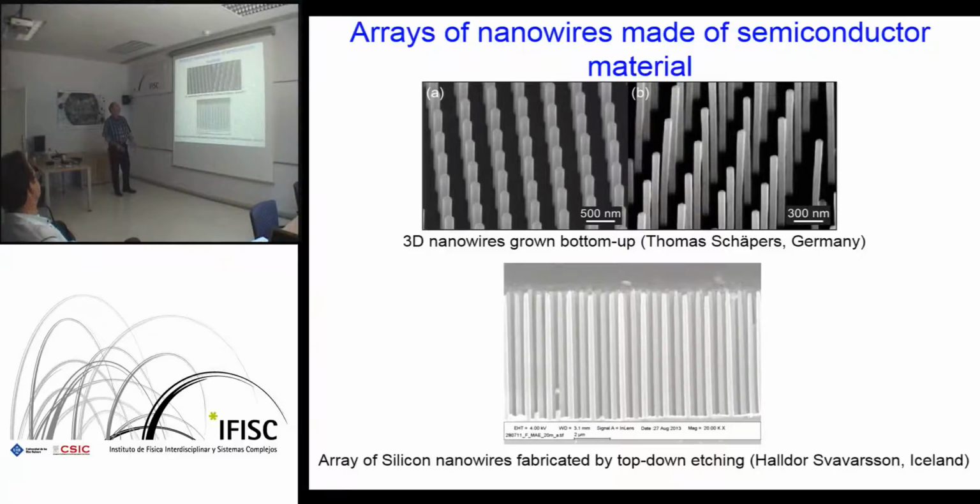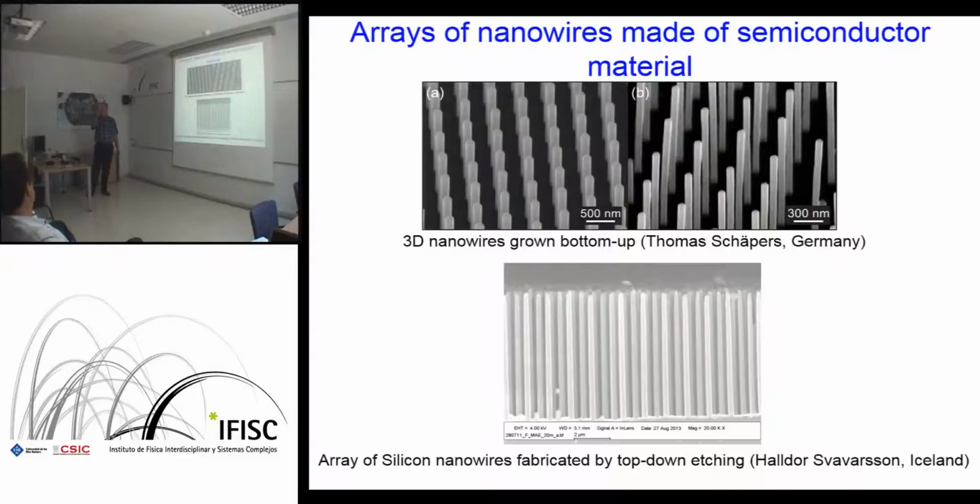In the top figure, you can see an array of nanowires. It's actually 2 figures, built in Jülich, Germany, in the group of Thomas Schäpers. These nanowires are grown bottom-up, so they start with a little droplet, and then they deposit atoms, and they grow,